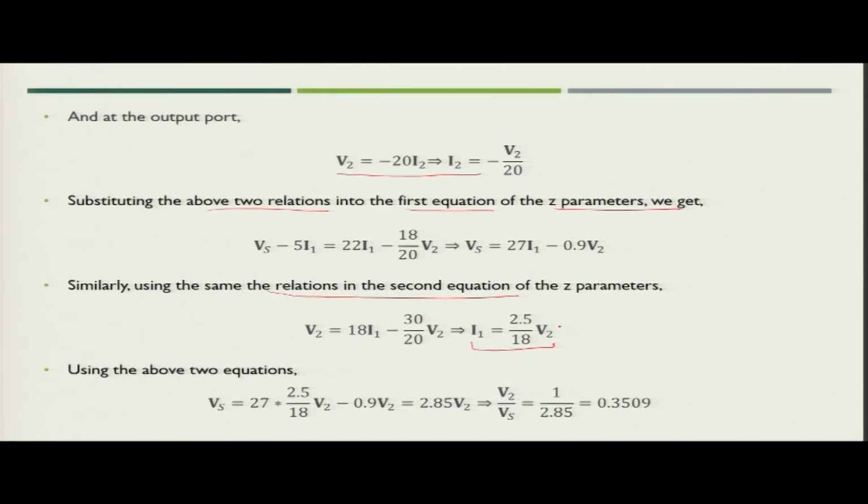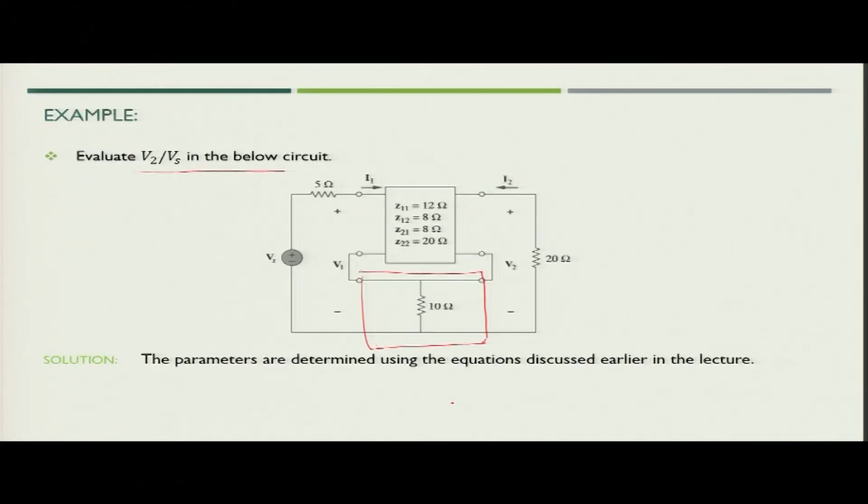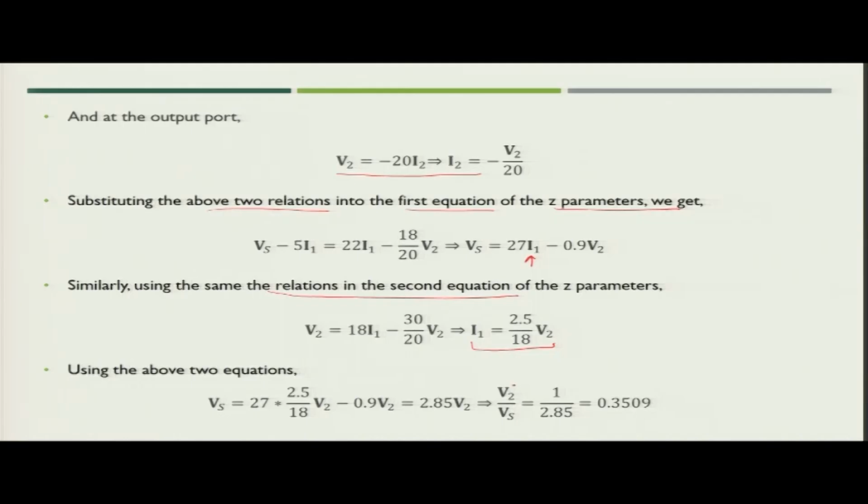If we put this value of I1 in this equation and simplify, we see that Vs is equal to 2.85 V2. Now, in the question it is asked that we need to evaluate V2 by Vs. So, V2 by Vs is equal to 1 upon 2.85. So, what we get finally is